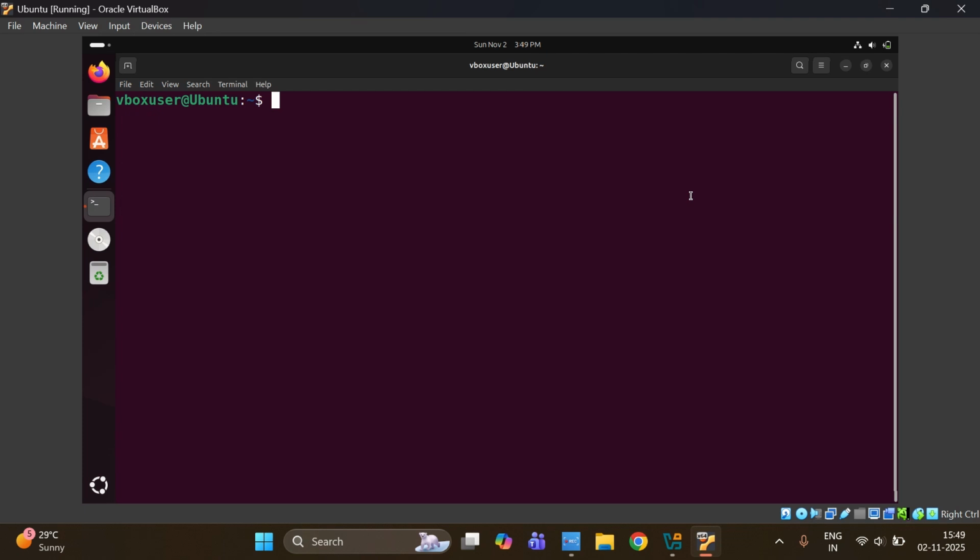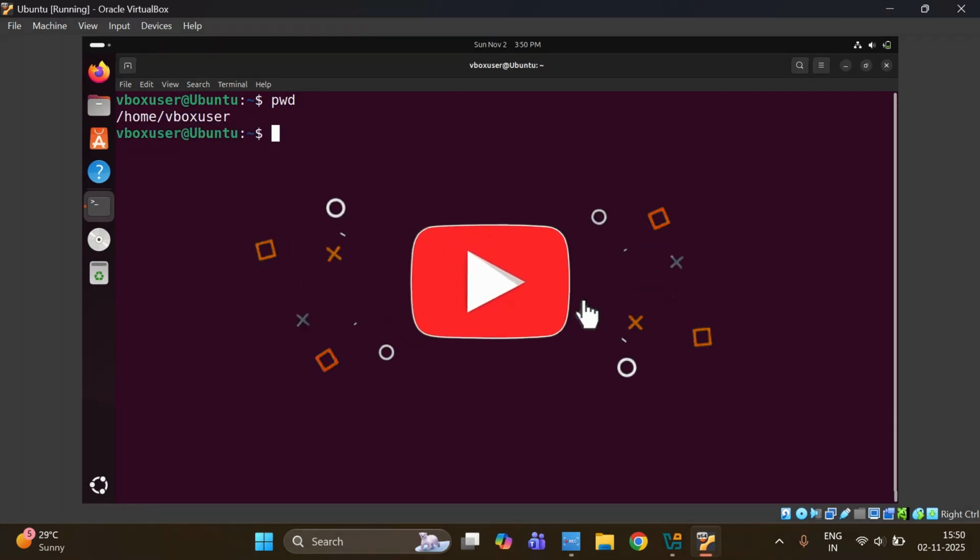So the first command that we are going to see today is the pwd command. Whenever you open the terminal, it will open on some particular folder, path, or directory. Now you don't know which location you are on. So to get the location name, we can execute the pwd command. What is the full form of pwd? It is print working directory, which means whatever directory you are currently in, it will print that directory. Let me show you. If I write pwd, you can see it is printing